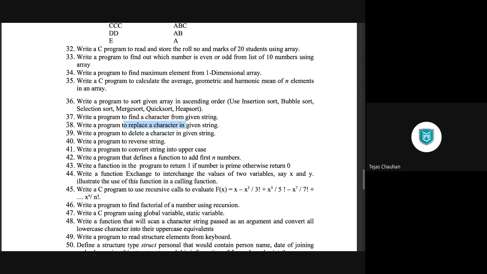Fine. So that's the 38th program. Now, what if you want to find how many occurrences there are, or if you want to replace all the occurrences? Then you need to think around it, and instead of breaking your loop, you will have to run the loop until the last. So let us see that in the 39th program.